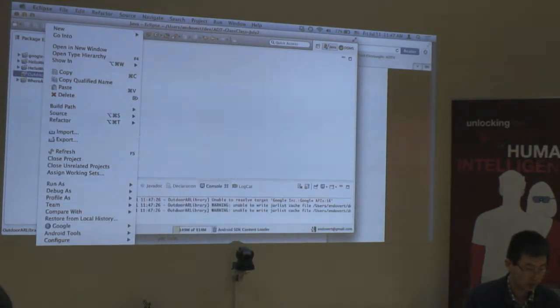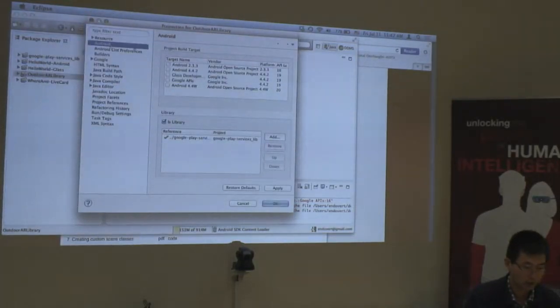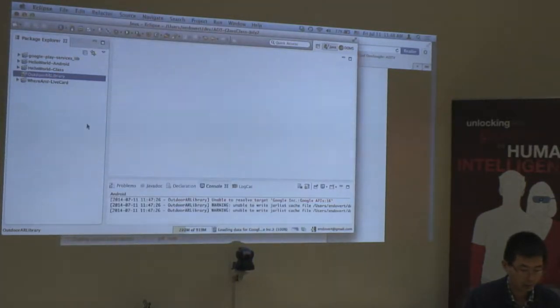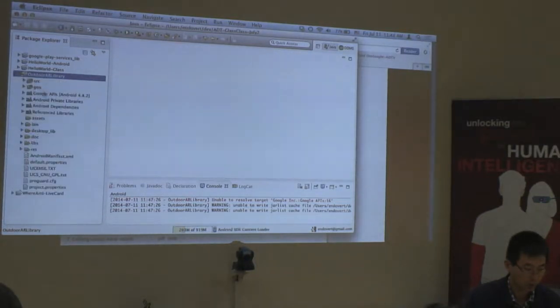So to fix that, just right-click the library, go to Properties, and in the Android section, you'll see it missed the version. So just click this Google APIs level 19, which you might have downloaded for your setup. So make sure it's Google APIs module, not the Android module. Then if you have set that, you'll start to build. There is one more library that you'll have to add to this lib folder, which is